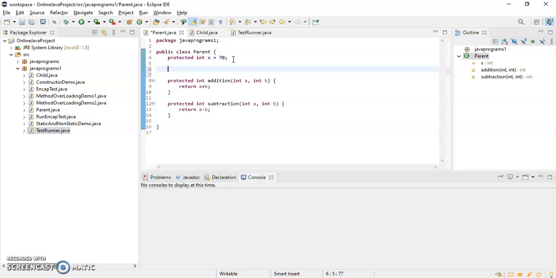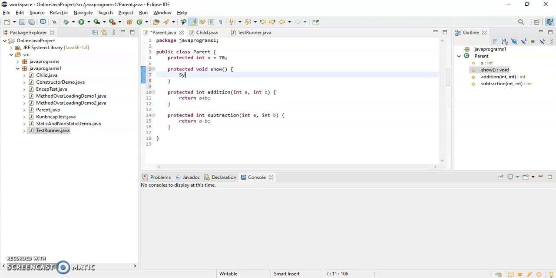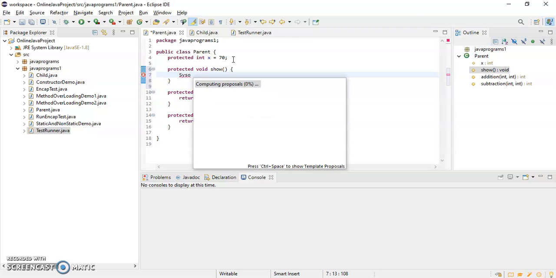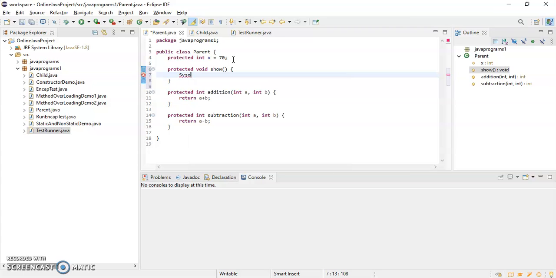So I will create one method here, protected void show, where I will show the value of x. I'll write here, the value of variable named x in parent class is, and I'll give here x.